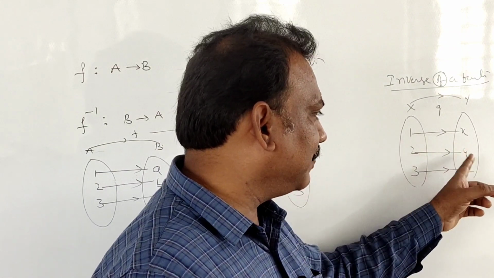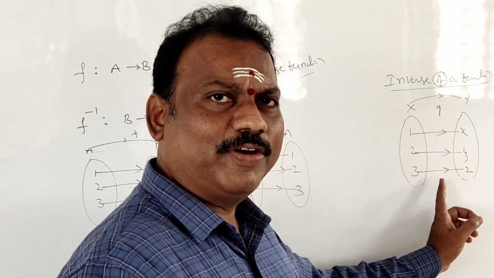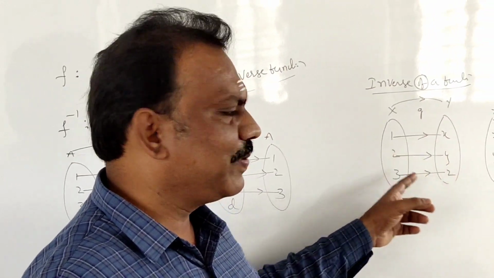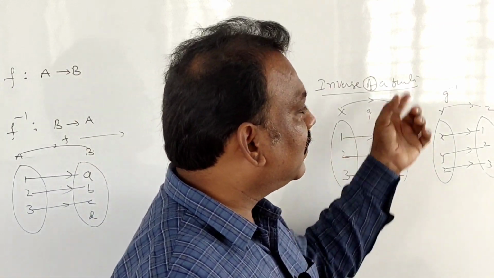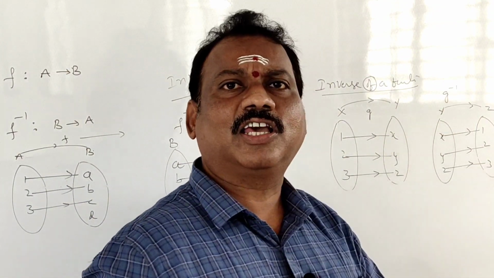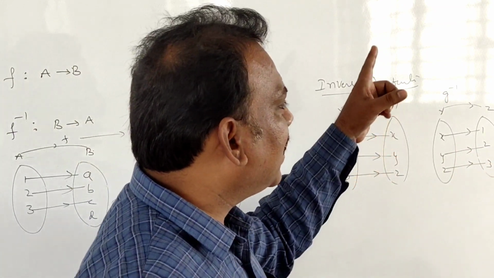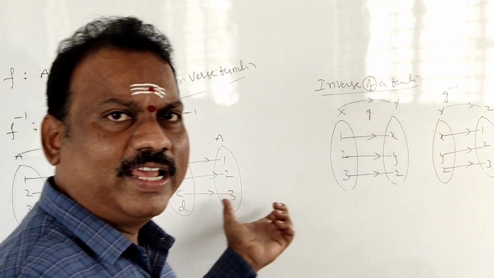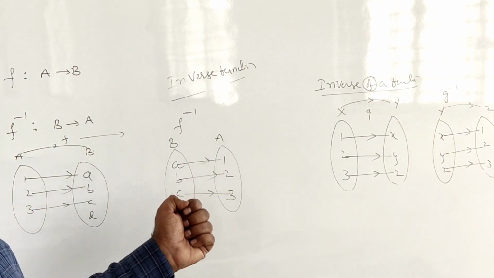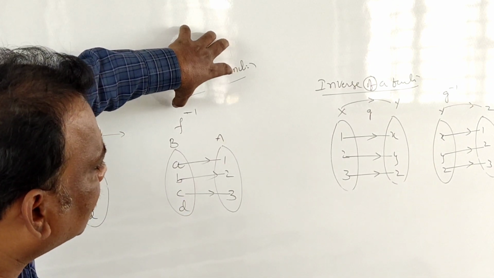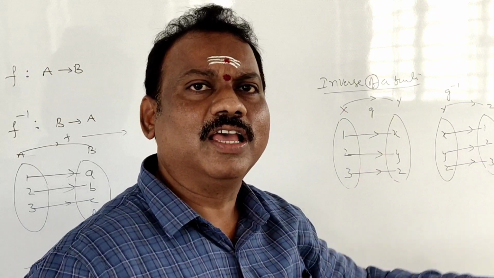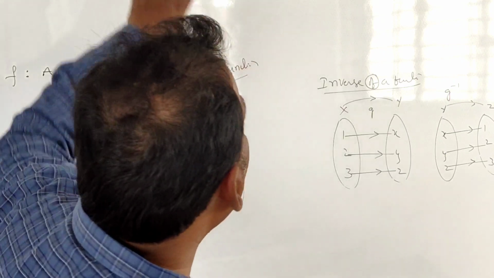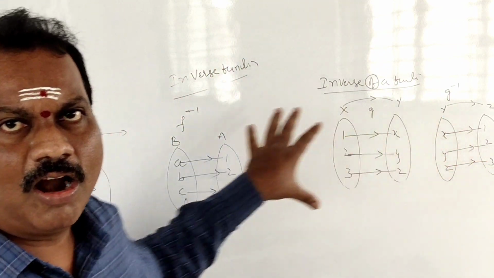Here you can see it is one-one. It is a function, a one-one function. It is also onto. Why? Because for each and every element of set Y there exists a pre-image. So that's why this inverse exists and the inverse is also a function. That's why this is inverse of a function. That means here the inverse exists and the inverse is also a function. Here the inverse exists but the inverse need not be a function. That's why this is called just inverse function. This is inverse of a function, that means the inverse is also acting as a function. Clear students? So here invertible means this is the case, not that is the case.